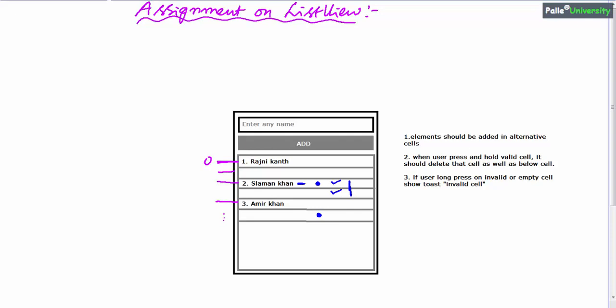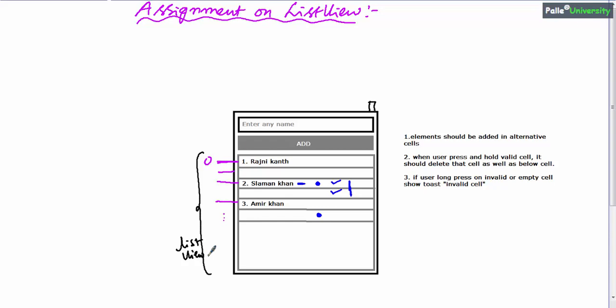Now, in order to do this, first let me show you the architecture of this application. Let us say this is your phone and imagine that this is the list view. So in this screen in total we have one edit text box, one button and one list view. Anyway, here the UI is not very important for me. The colors and combinations are not very important. The logic is more important. Moreover, it is a studio based assignment. You have to do this application in Android Studio.